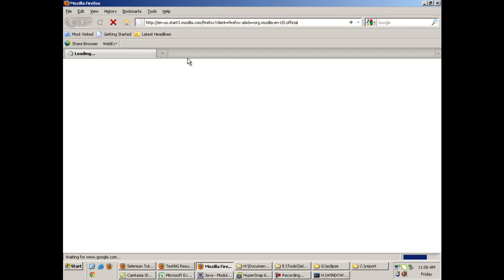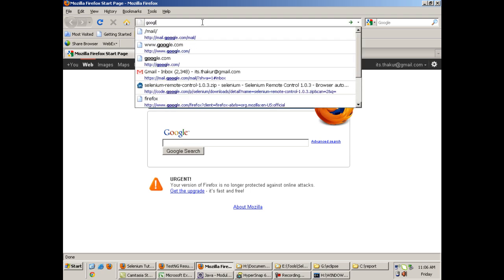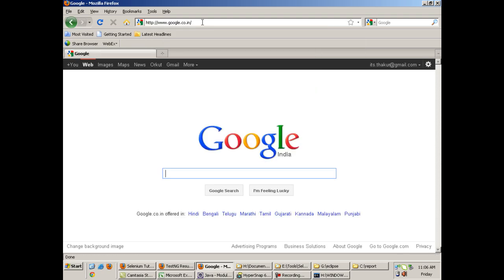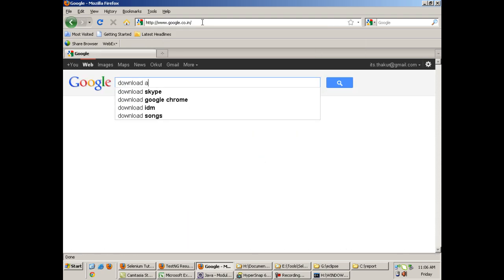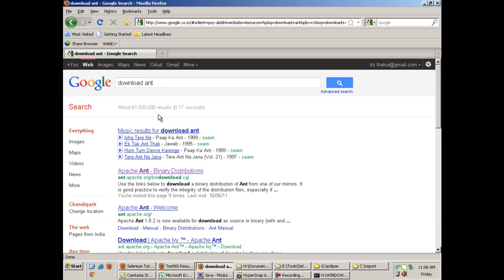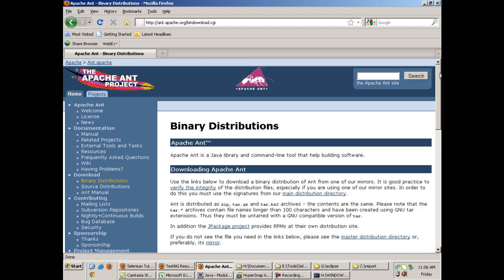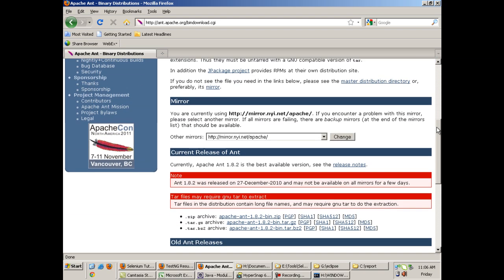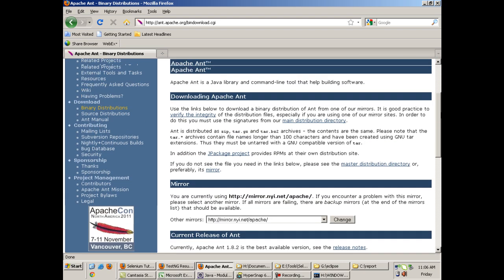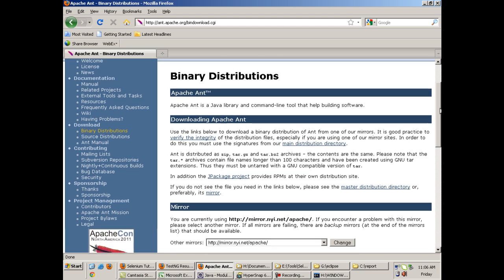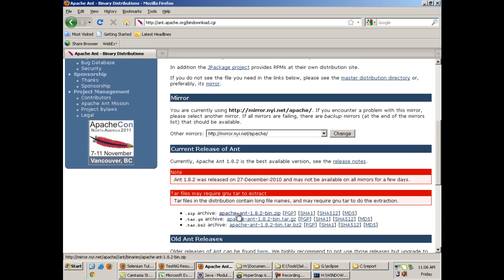You can download it from the internet by going to Google and just typing download Ant. You can go to Apache, binary distributions, and download the latest version out here. Yeah, this is the zip file. You can download this zip file.